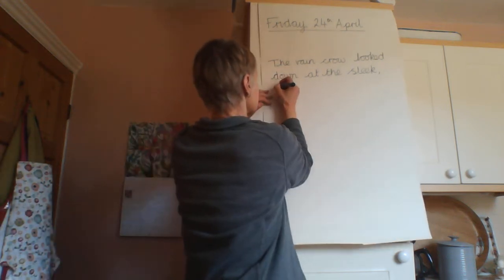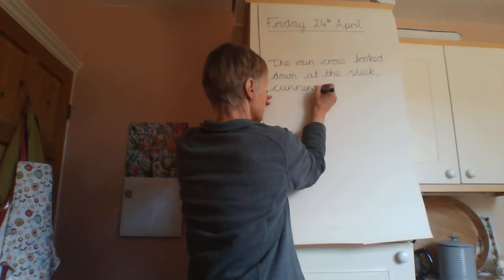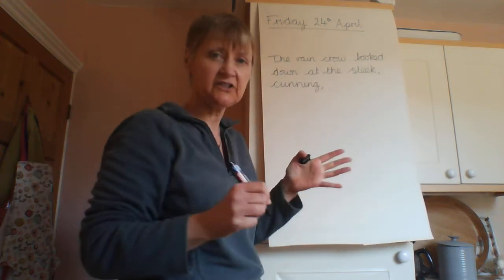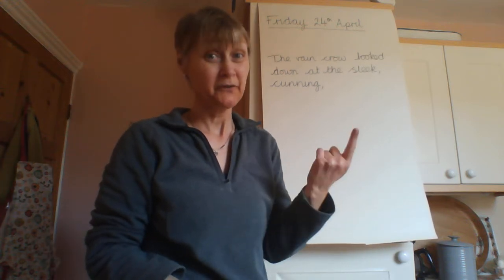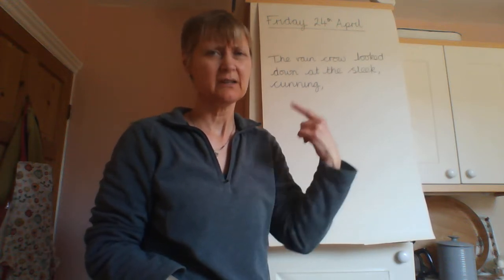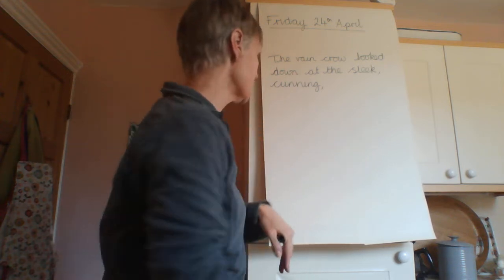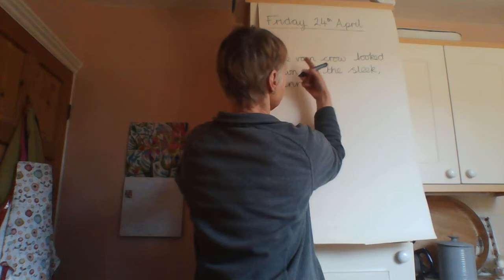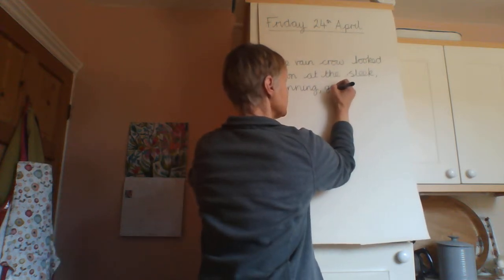The sleek, cunning, comma, the list of adjectives, and then greedy, because he actually wants the food. He wants the cheese. I think it was cheese, wasn't it? He wants the food that the crow's got in his mouth, in his beak. So the vain crow looked down at the sleek, cunning, greedy